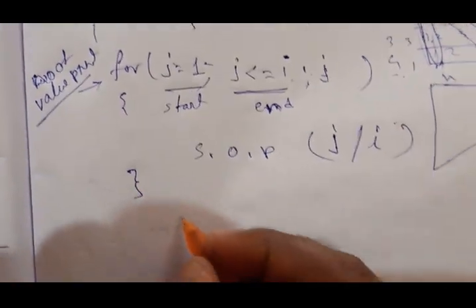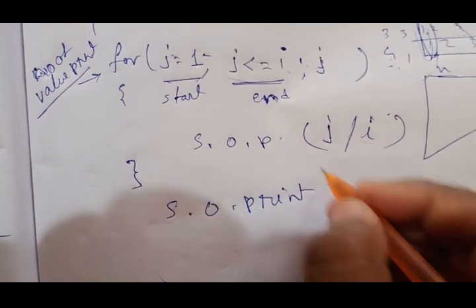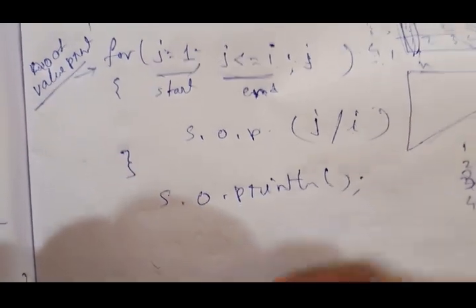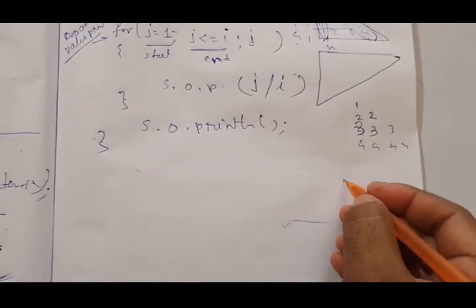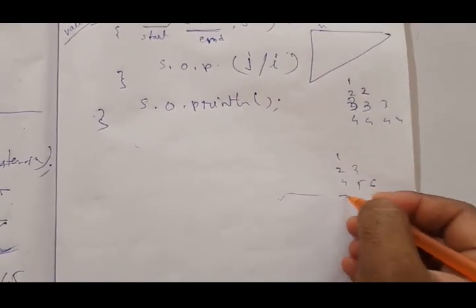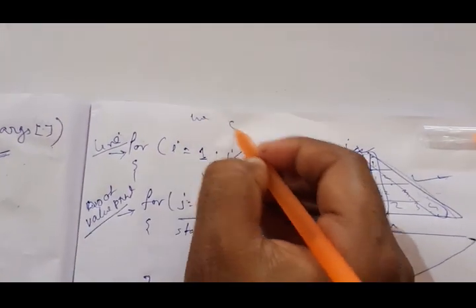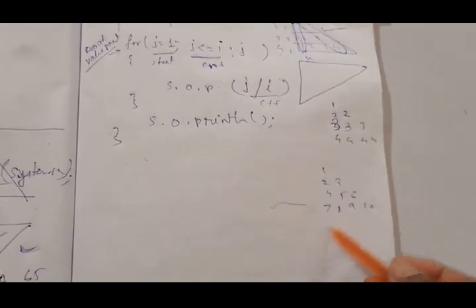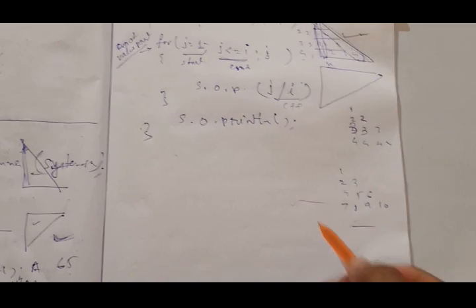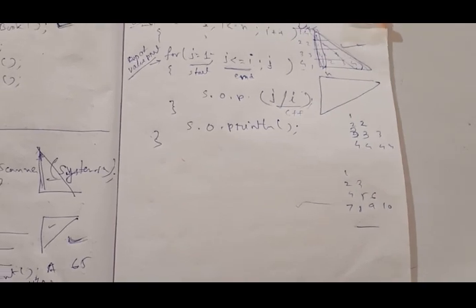Then you close this inner for loop, then System.out.println. You cannot use println inside the inner loop; this ln is for the next line. Or suppose 1 2 3 4 5 6 7 8 9 10, for these cases you just use another variable int c whose starting value is 1, and you write c plus plus here, and you get this answer. Clear? So the entire thing will be the same. The three things, j, i and c plus plus, change the entire pattern.